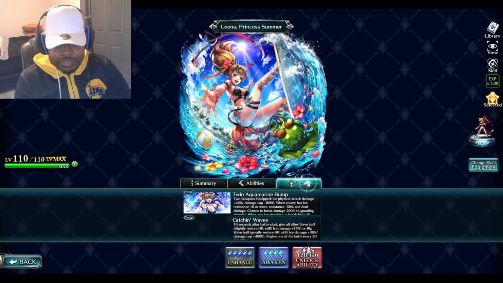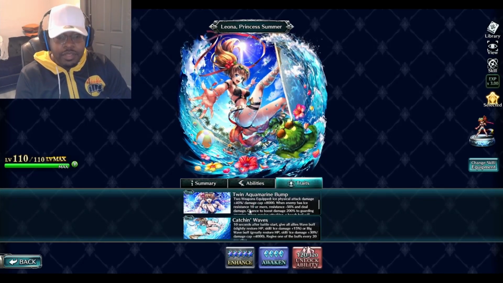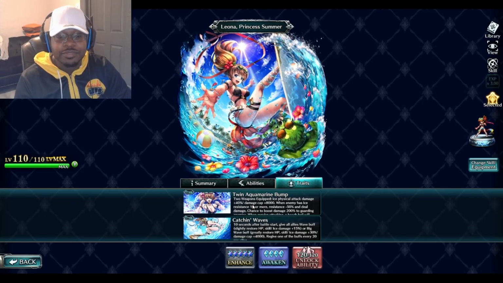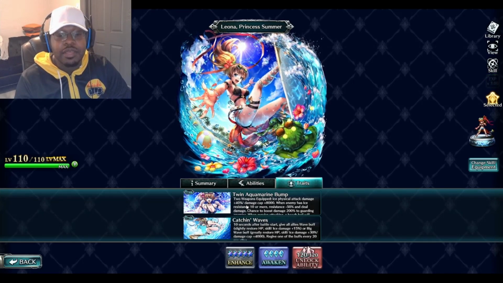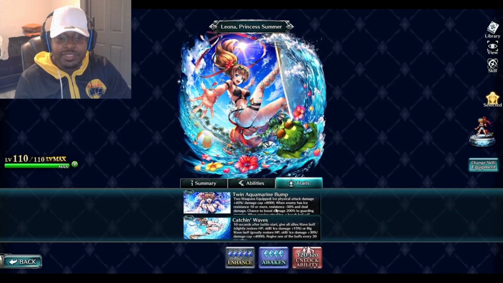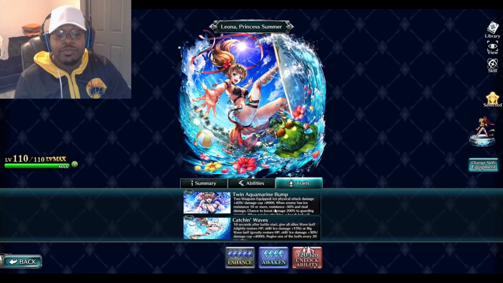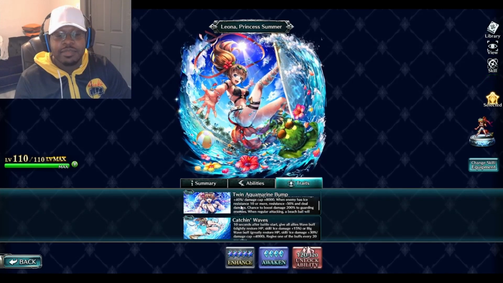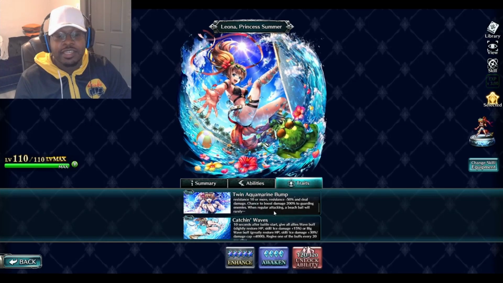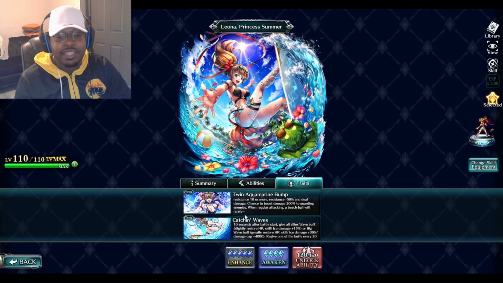And then we're going to go over to her traits. So, Twin Aqua Marine Bump. 2 weapons equipped. Ice physical attack damage plus 40%. Damage cap 8,000. When enemy has ice resistance 10 or more, resistance minus 50 and deal damage. Chance to boost the damage to 200% to guarding enemies when regular attacking. A beach ball will rarely...